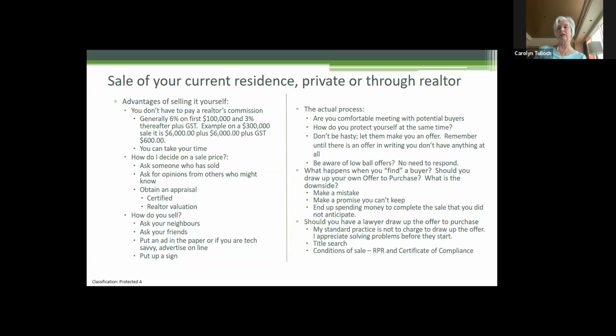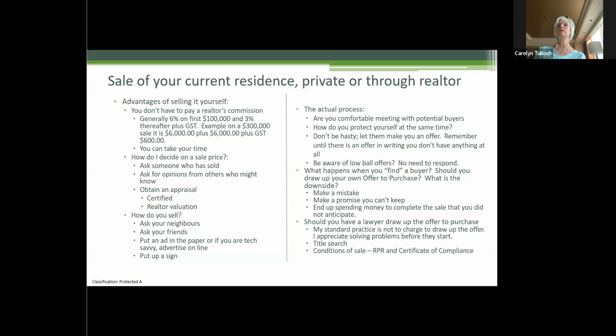You could ask opinions from others who might be in the know. You could obtain an appraisal. Quite often, a realtor will do an appraisal. They won't charge for it. Ultimately, you might end up even using that realtor to sell your home if you don't find a buyer. So in order to find a buyer, once you've made a decision over sale price, you could look at your